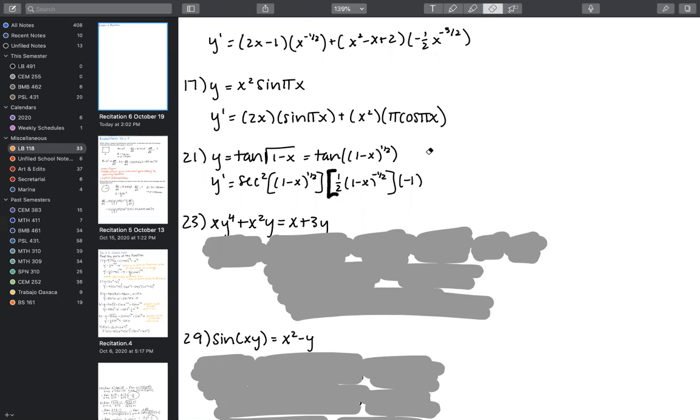Maybe that'll look like L'Hopital's rule, which is the limit as x tends to 0 of sine of ax over ax, that will be equal to 1. That is one example of a trig identity that we've used so far. I would recommend looking back to the first recitation of this unit. Off the top of my head, I can't remember if that was recitation 4 or what, but take a look back at those problems at the beginning of the unit, because that's when we did most of the legwork as far as trig identities goes.